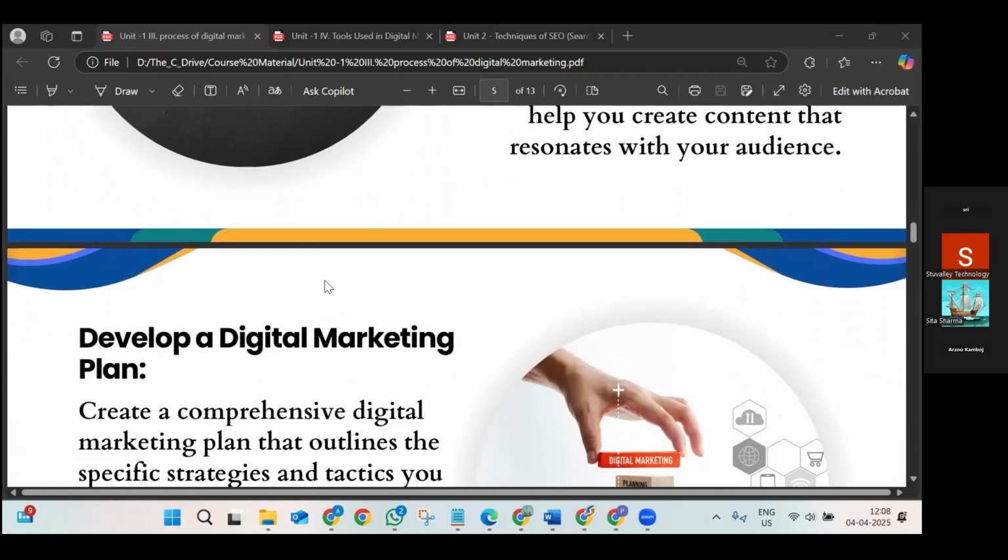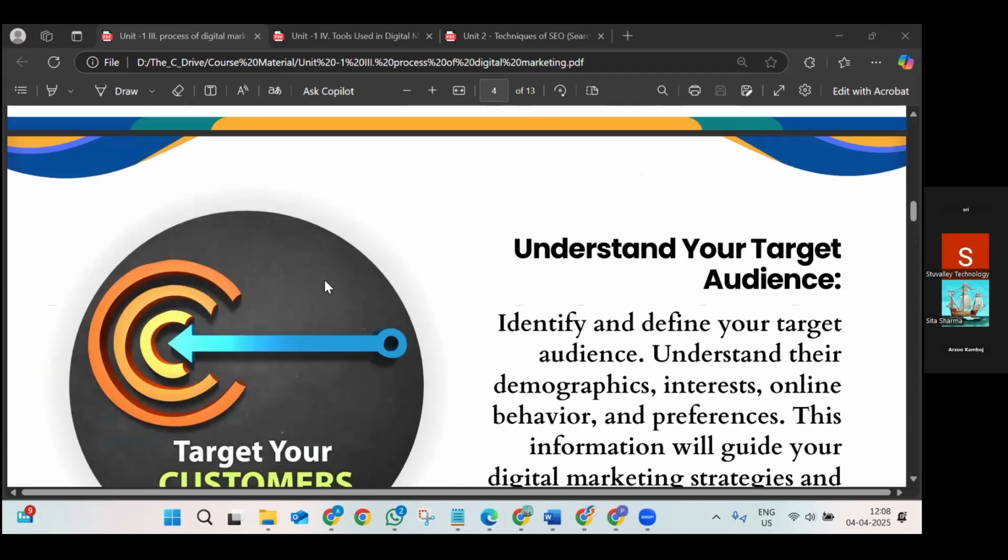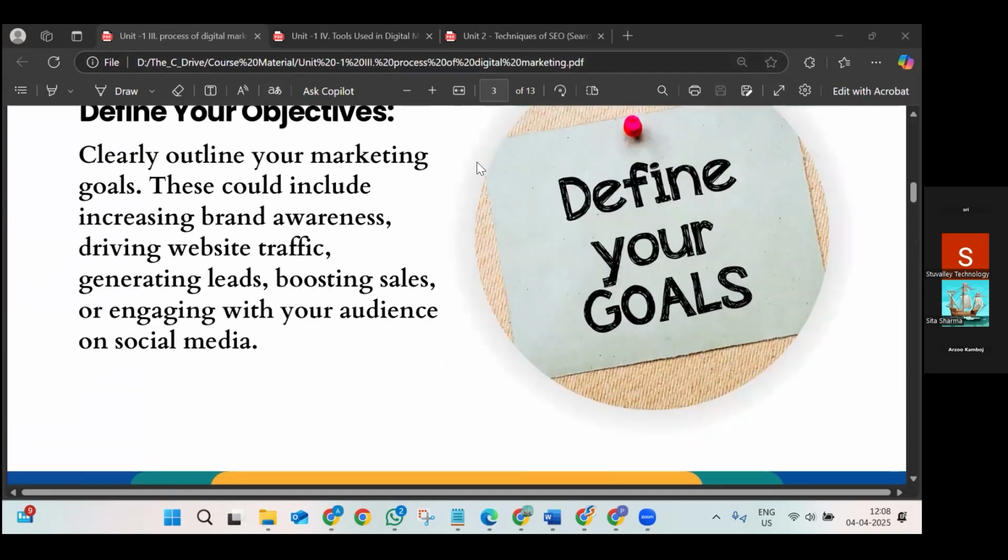Coming to the next point, you have to develop a marketing plan. Now you have defined your objective, you know exactly what it is: brand awareness, driving website traffic, boosting sales, generating leads, or getting more people to engage with you on social media. So you have already defined your objectives. Yes, okay, ma'am. Now, what we want to do is